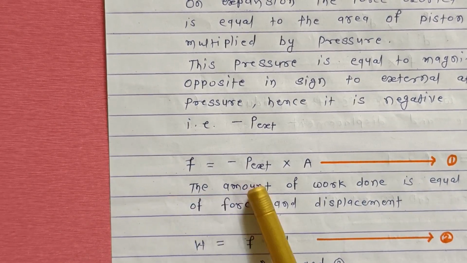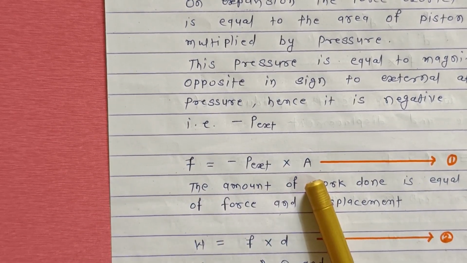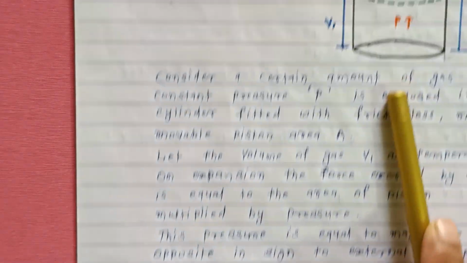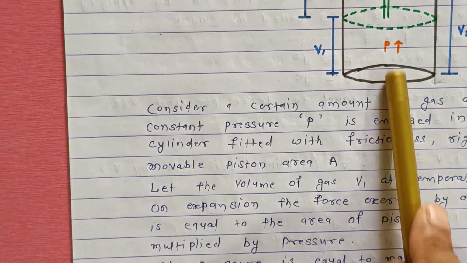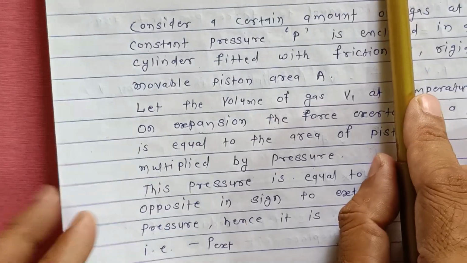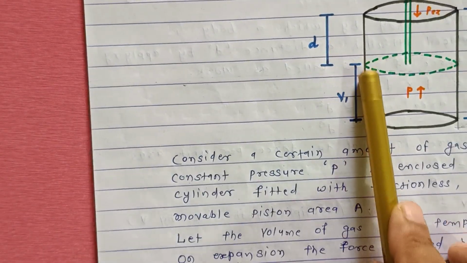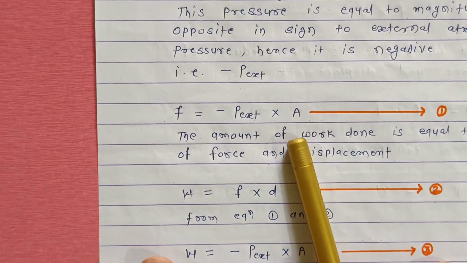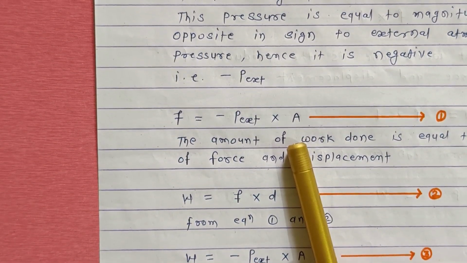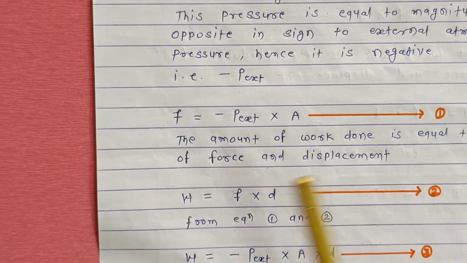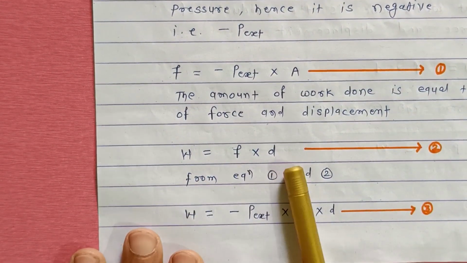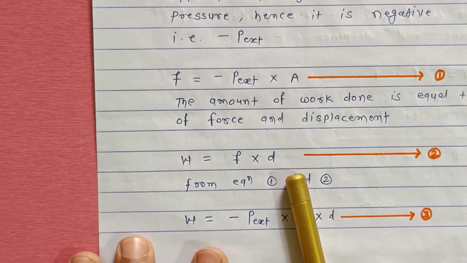W इज इक्वल टू माइनस पी एक्सटर्नल इंटू ए, बिकॉज हमने यहाँ पे फोर्स अप्लाई किया है, गैस को एक्सपांड किया। गैस को एक्सपांड करने के बाद जो फोर्स है उसके वजह से पिस्टन अपवर्ड गया। इसका मतलब उसने डिस्टेंस क्या कवर किया है? d। इसका मतलब फोर्स इज द प्रोडक्ट माइनस पी एक्सटर्नल इंटू एरिया। हो गया। उसके बाद वर्क डन का क्या फॉर्मूला है? वर्क डन इज द प्रोडक्ट ऑफ फोर्स इंटू डिस्प्लेसमेंट, W इज इक्वल टू एफ इंटू डी। हो गया।